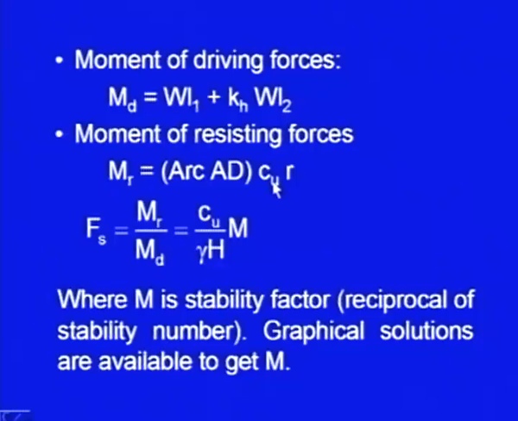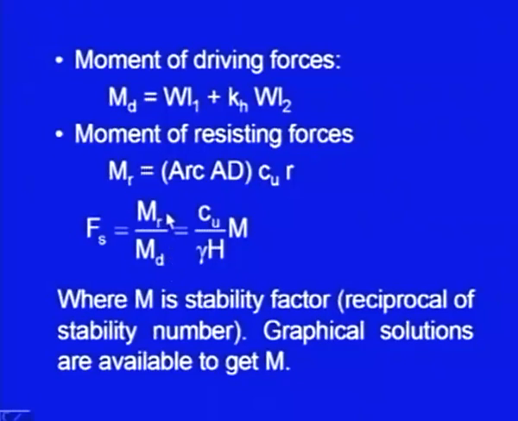We are assuming it is a limiting case, otherwise Cm can be taken when it is a safe case, and into radius. So, that gives you the resisting moment, and the factor of safety expression is very simple. Fs is equal to the resisting moments upon the driving moments. And again we have to use the same procedure as we did last time. We have to find out the weight, we have to find out the Cg,